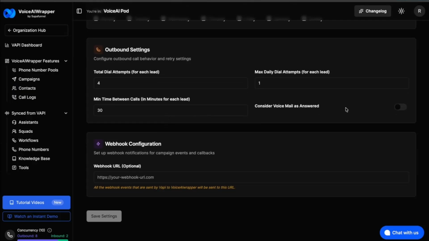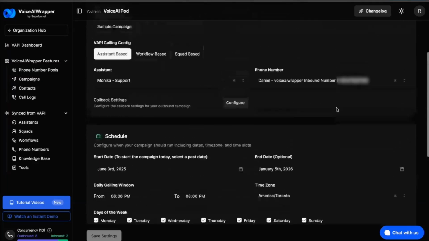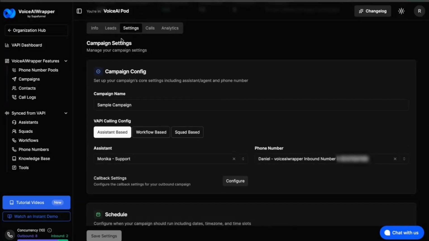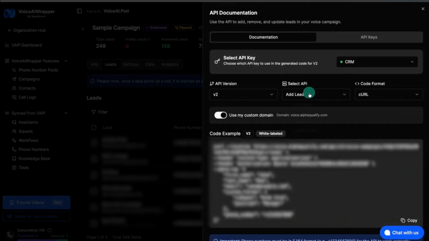Right? If you are, let's say, doing a reactivation campaign and you don't want to keep on calling people, and you just want to drop a friendly message or a nudge, then maybe leaving a voicemail is enough for the campaign. So depending on the nature of your campaign, you can mark this as answered or unanswered. Anyone who picks up the call is not going to be called again. However, if there's a special scenario where you need to call someone again, the lead update API can do multiple things. It can also mark a lead as do not call,